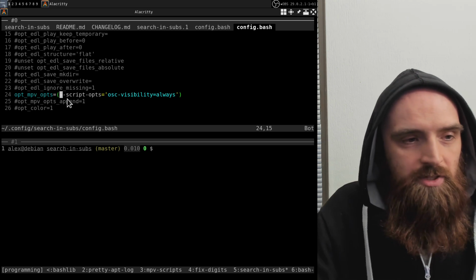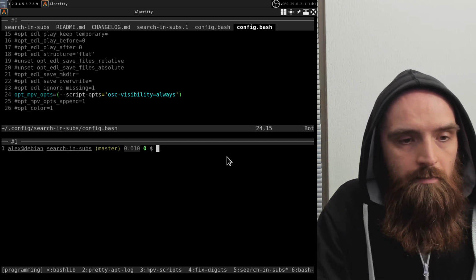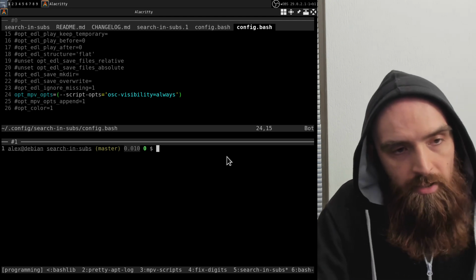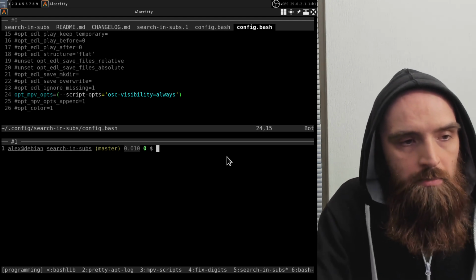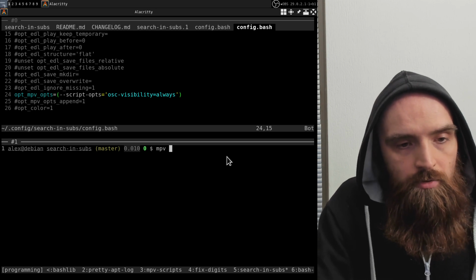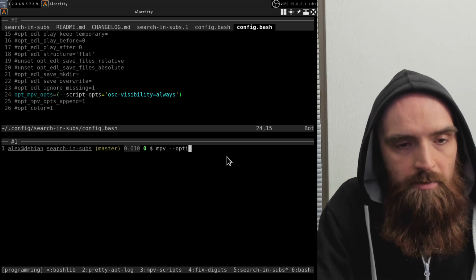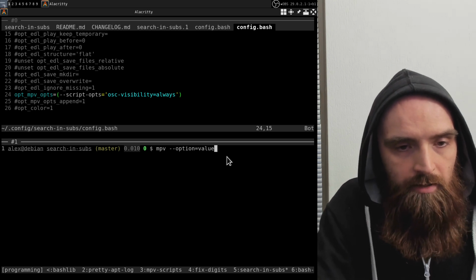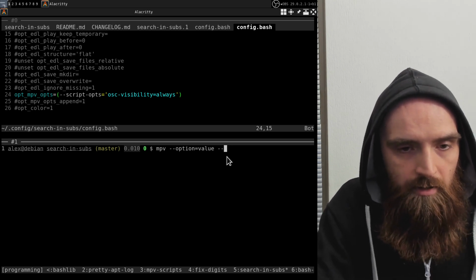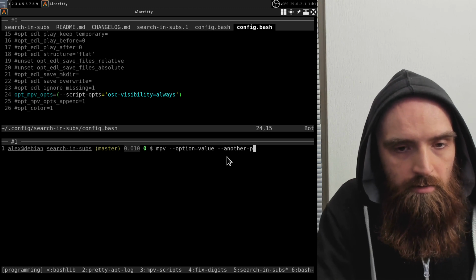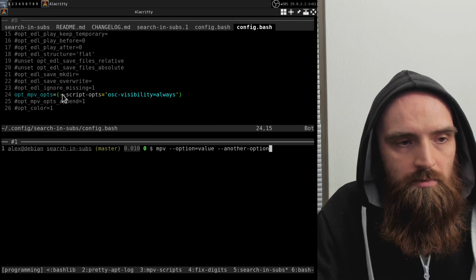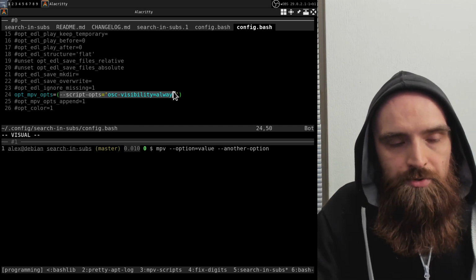Basically this is a bash array, and if you're not familiar with it, I'm not gonna explain stuff about bash right now. But basically, if you know how to pass options to MPV, let me just make up some fake stuff here. Another option. So let's say you want these options to be used when search and subs launches